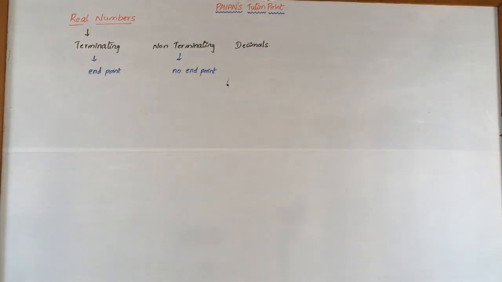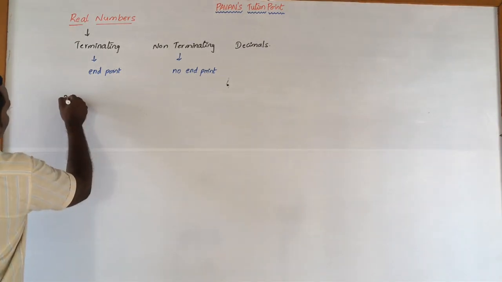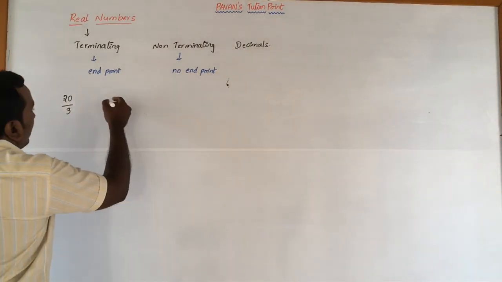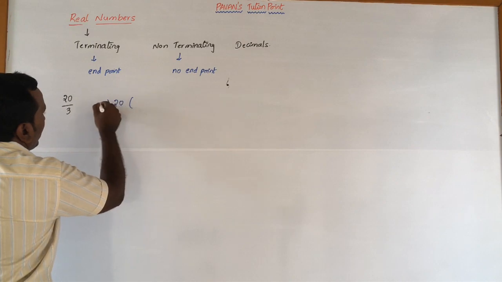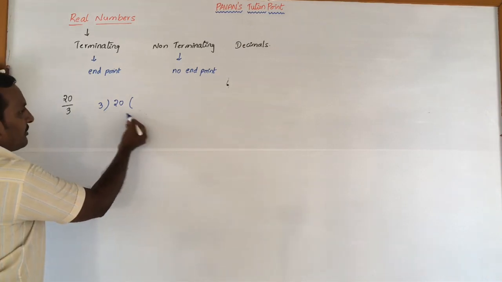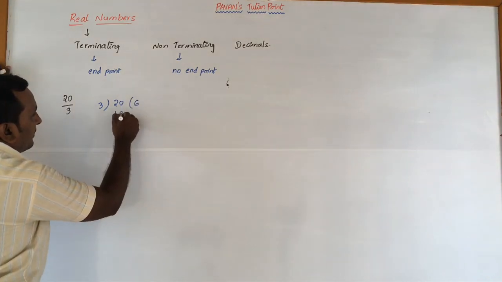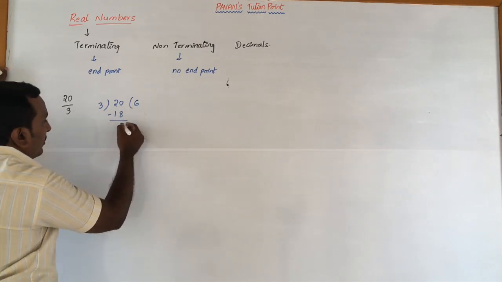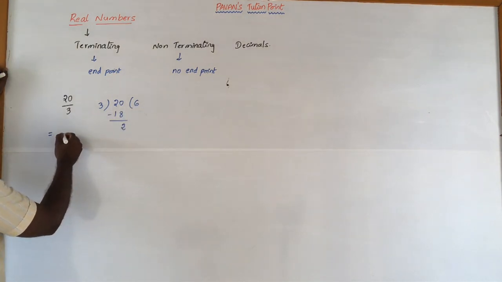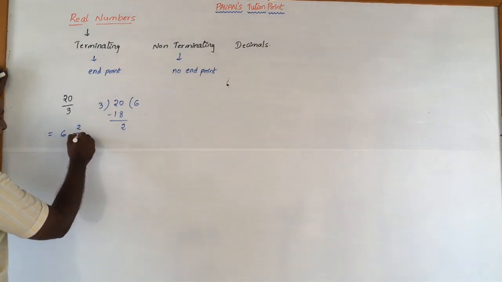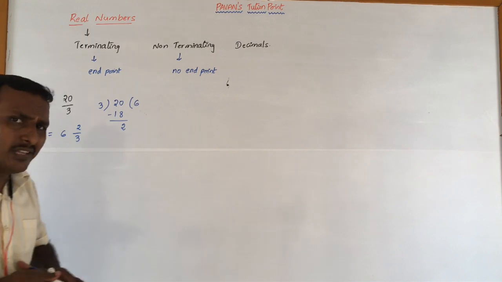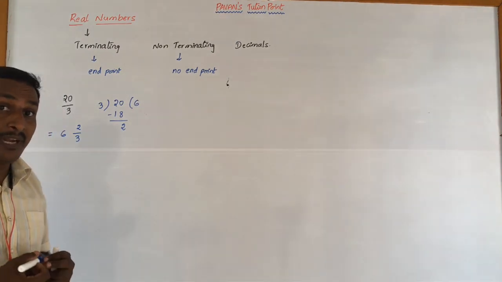Now I am going to take the number 20 by 3. How we get the decimals, I am going to explain here for you. Normally we do the division like this. We take this as the dividend and this is the divisor. 3 how many times will it go? 3 sixes are 18. Subtract, so the remainder is 2. Generally what we write is, 6 is the quotient and 2 is the numerator, and this is the answer for 20 by 3. But you should get the remainder as 0.